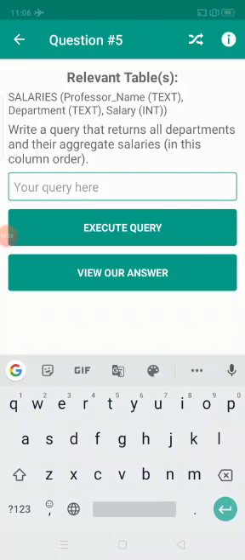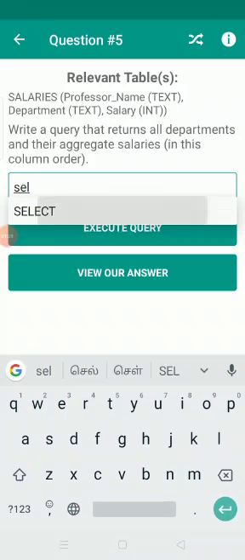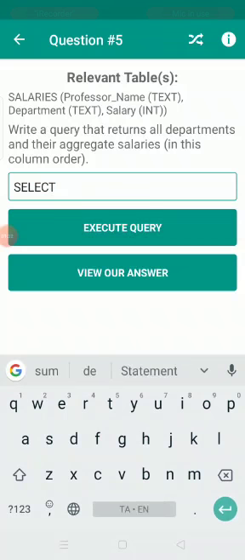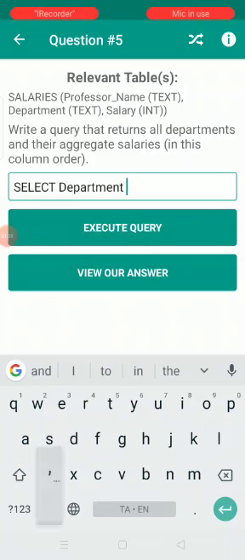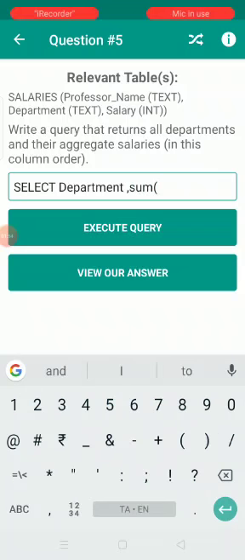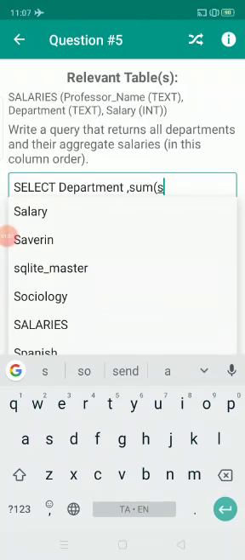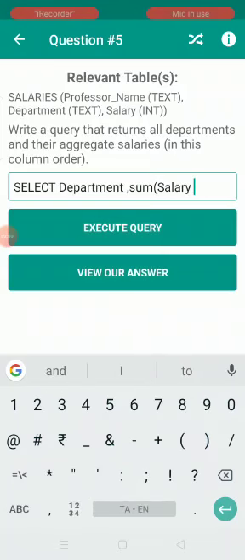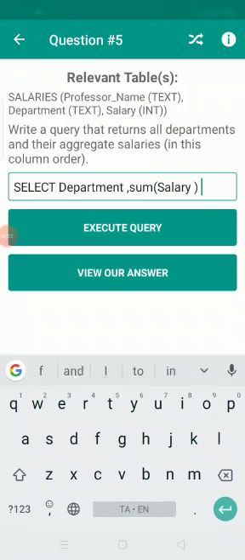Now we are going to give the query. We have to select the department and the salary. We are not picking only the salary; department wise we are picking the sum of the salary. For the aggregate we use the function SUM, with the open bracket, salary, and the closing bracket, from which table?